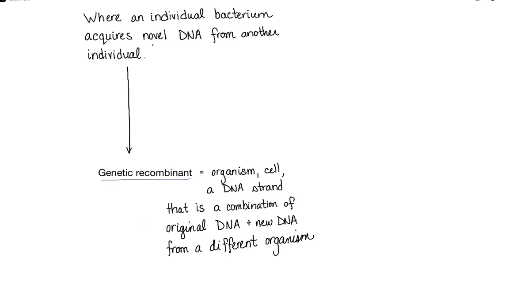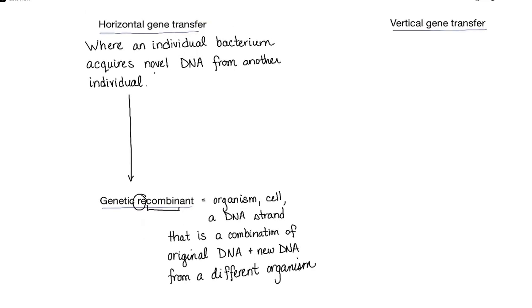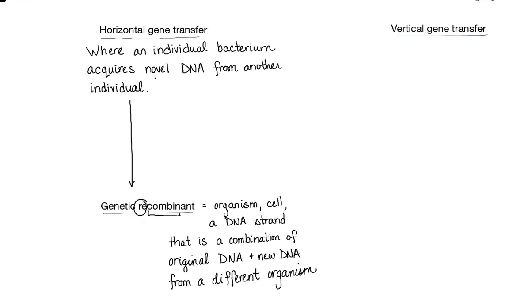So the term recombinant means to recombine, to combine two different sources of DNA into a single piece or a single genome. So bacteria are able to do this, and they have three different techniques by which they are able to do this. We give them names. Here are the three different ways in which bacteria can achieve horizontal gene transfer to become genetic recombinants. We have transformation,